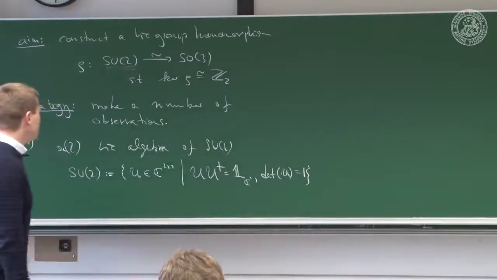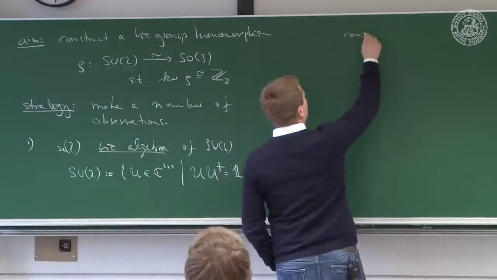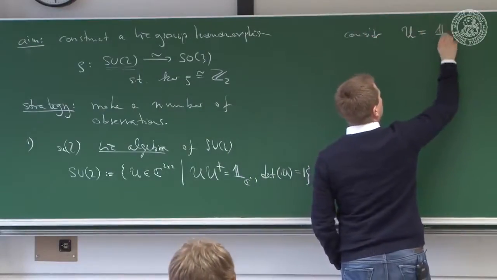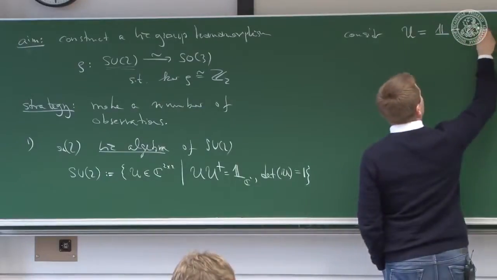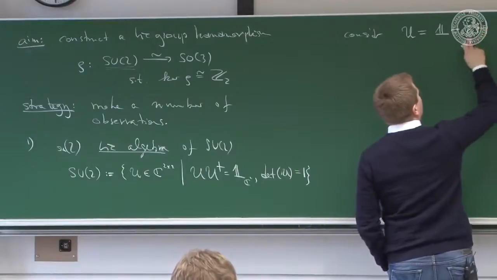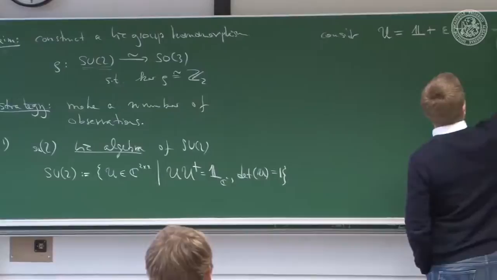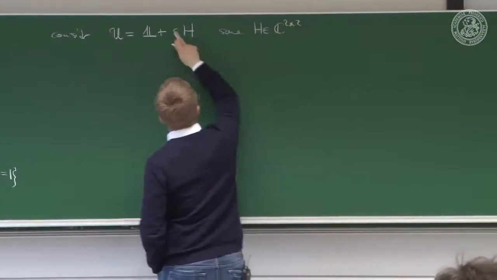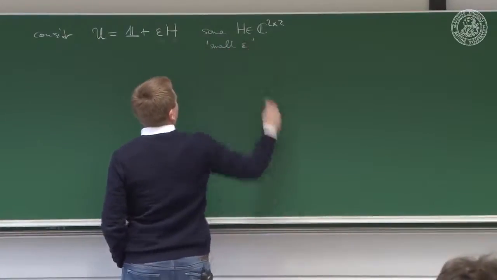Now the quick and dirty calculation how to get the Lie algebra is to consider a group element close to the identity, because of course if you have the identity and then you have another 2 by 2 matrix H for some H being a complex 2 by 2 matrix, and you use a small epsilon,